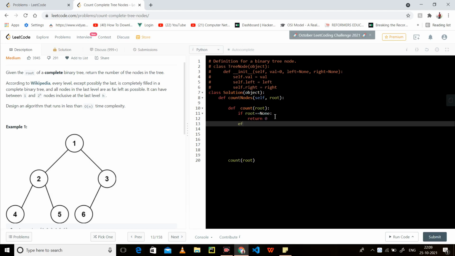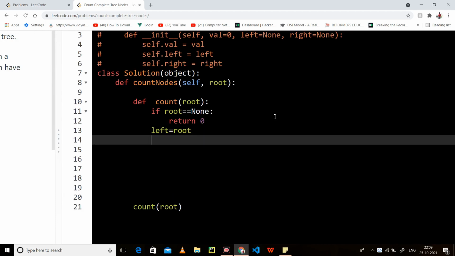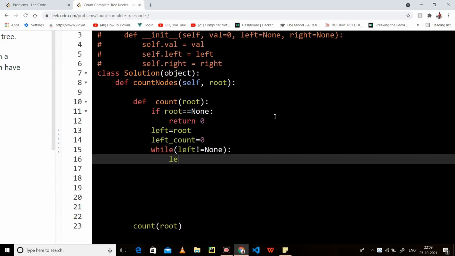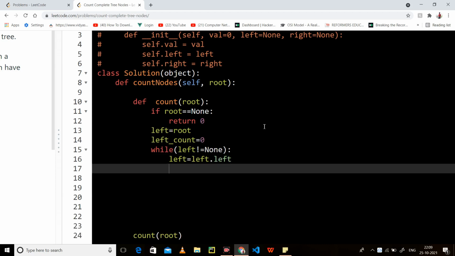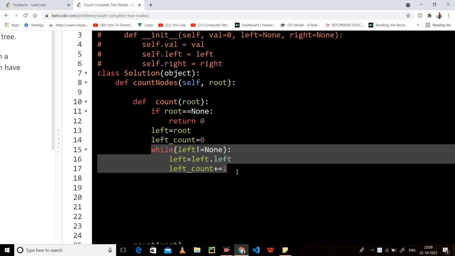First I have to traverse the left side. So left is root, left count is 0. Now I am traversing my left side, and left count increases by 1.